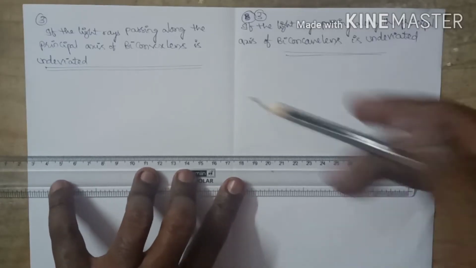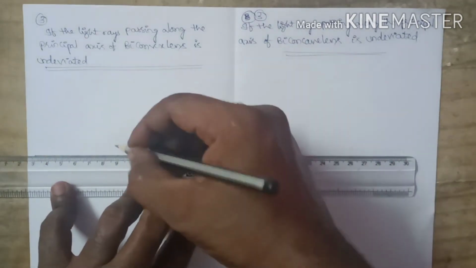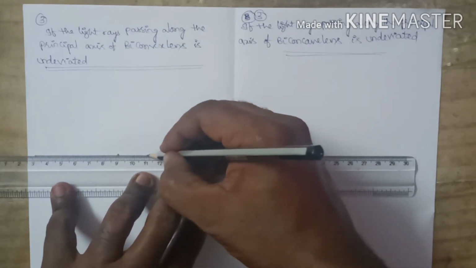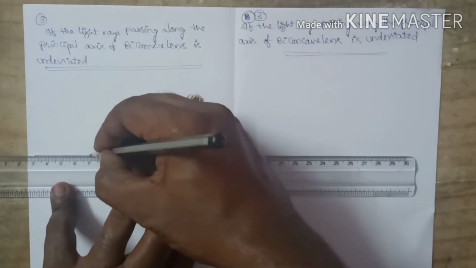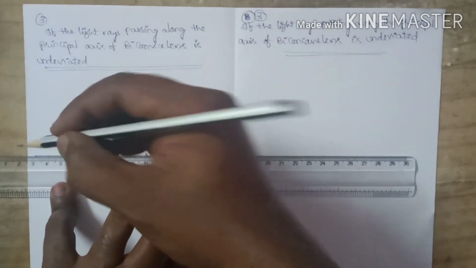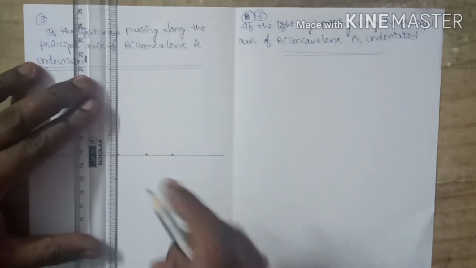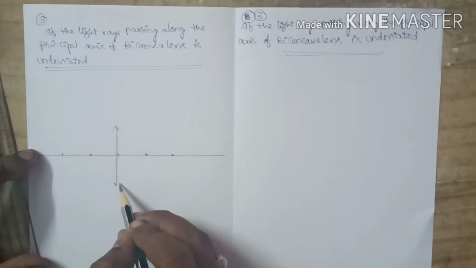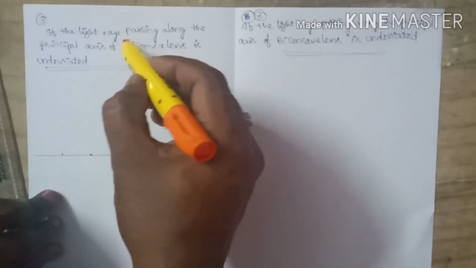Now, to draw these ray diagrams, as usual, we are drawing the principal axis. Identify the midpoint. This point acts as the optic center. From that point, we should locate the points which are at equidistance. These points act as focus and centers of curvature in different cases. At the optic center, draw the biconvex lens. Why? Because here in the diagram we are considering the biconvex lens.